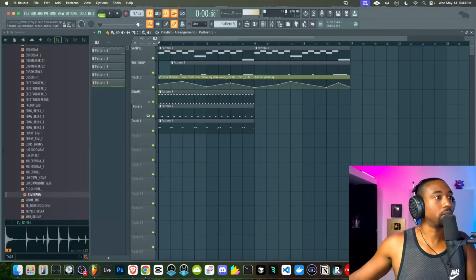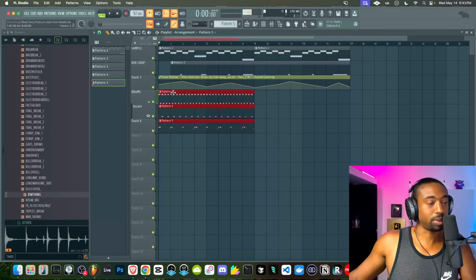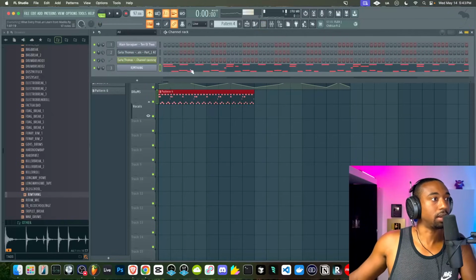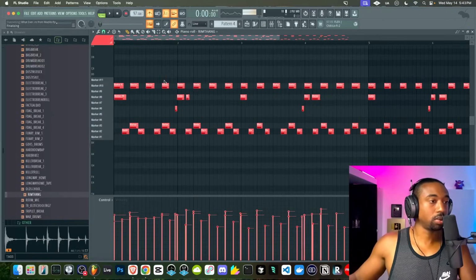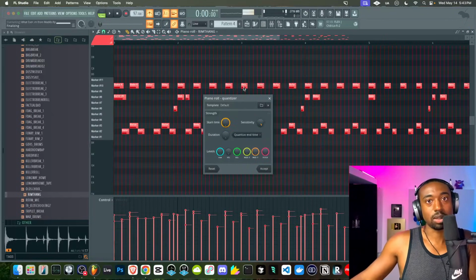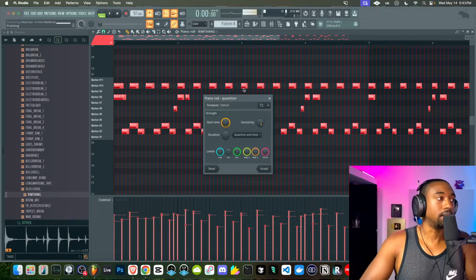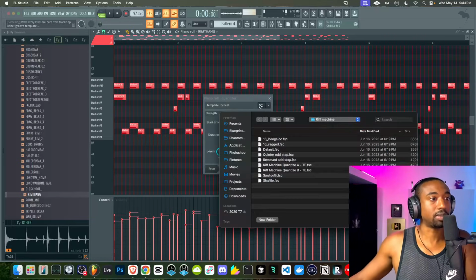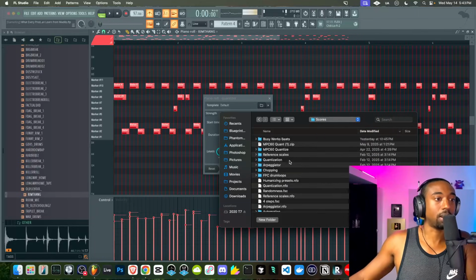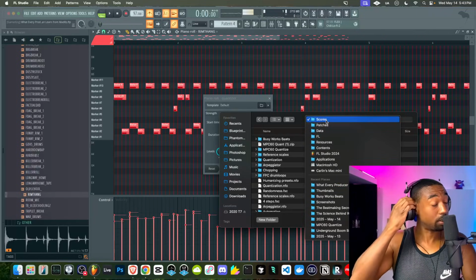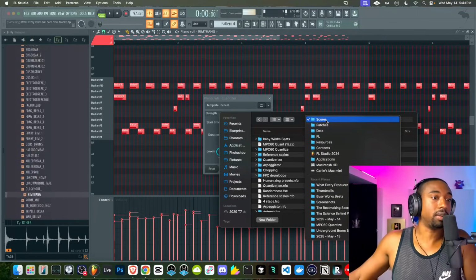Okay, so with the drums and everything, let's hit Control G, group these all into one pattern because I'll show you guys something here. We can go to the slice and highlight everything. We can hit Alt Q. I show you in a different video how to install what's called the MPC quantized settings. Basically, in short, you need to download this from our Discord, discord.gg/busyworksbeats. Click this folder icon, click the drop down, go to the scores area, and you want to drag and drop your download straight into this folder. If you don't know where the folder is, click your drop down. It should show the hierarchy of the folders here.